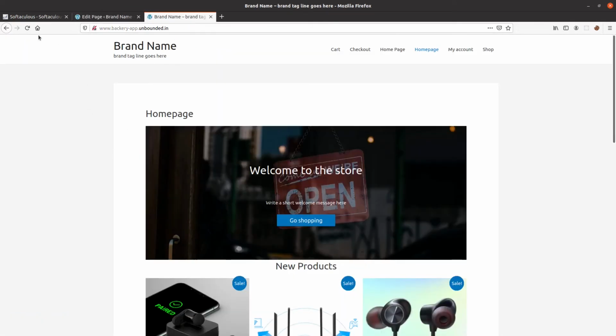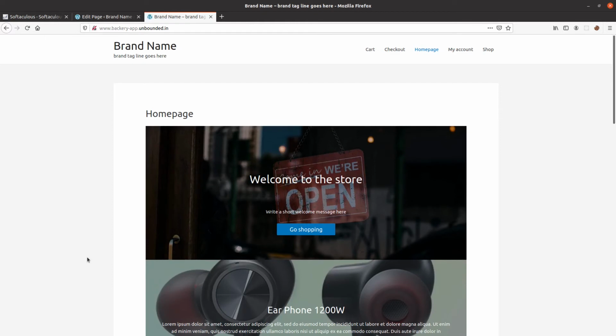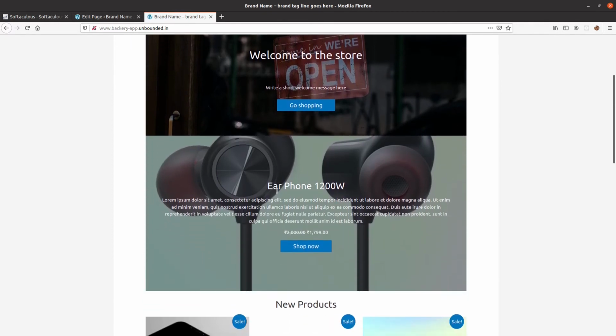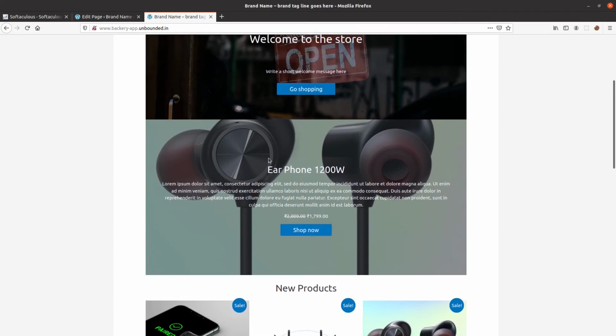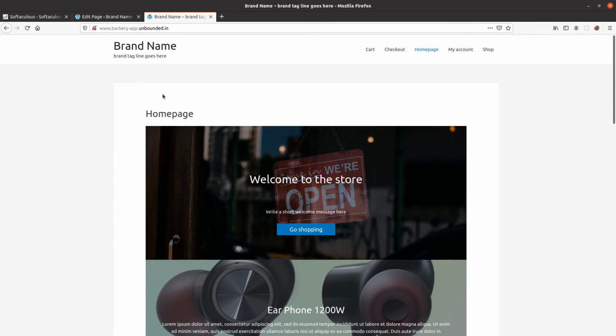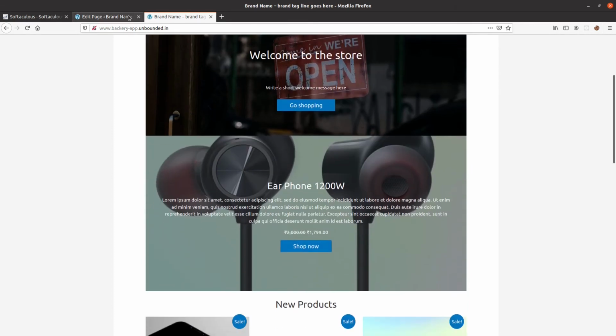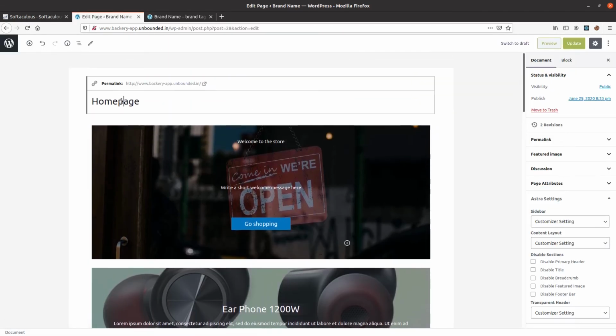So there were multiple options. I've just chosen and shown one. You can very well go ahead and explore all the other options and check which is the most relevant for you. Here we see that we did not create a space in between. It will be better if we create a space in between and get rid of this homepage title here. Getting rid of the homepage title is very easy, just remove this text.